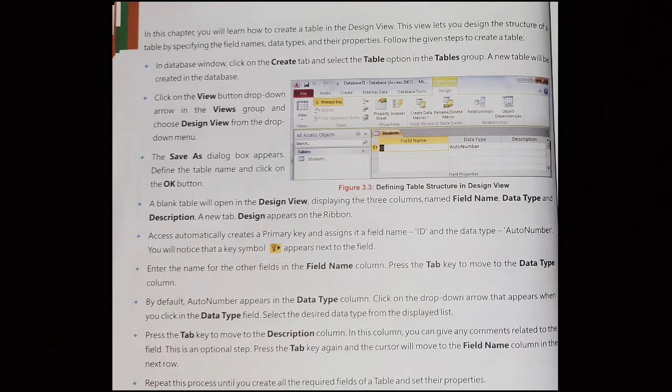And the next is place the cursor on the field which you want to make as a primary key. So click on the Primary Key option in the Tools group on the Design tab. You will notice that a key symbol appears next to the field.